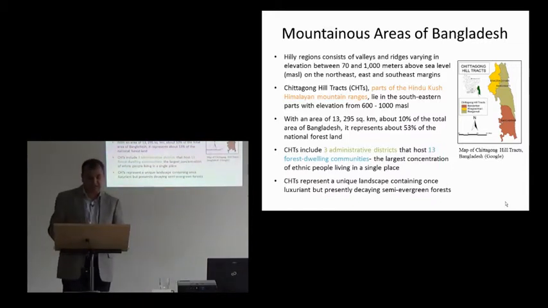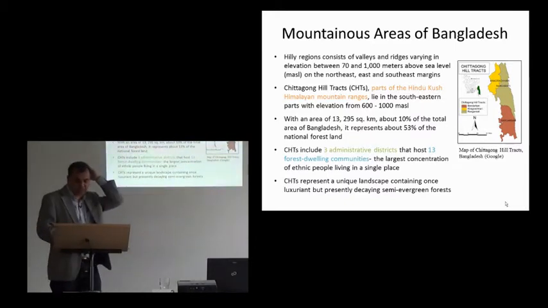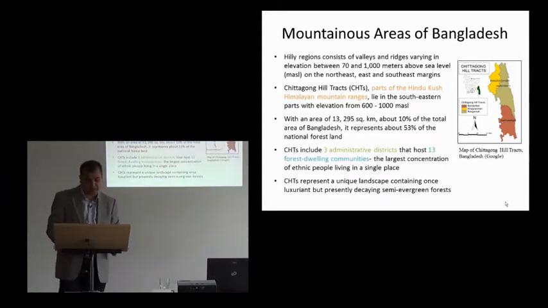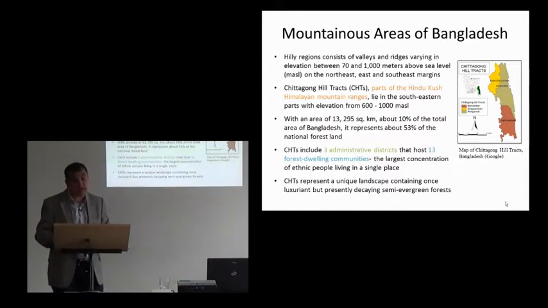So the research questions that I had: are traditional farming practices appropriate today to maintain community food security and other livelihood needs? What threats do the current trends of intensive agricultural practices pose to the fragile hilly landscape and community livelihood? What adaptations have the ethnic communities come up with to cope with the existing and emerging socioeconomic and environmental challenges? And how can combining traditional ecological knowledge and modern science help solve landscape management problems?